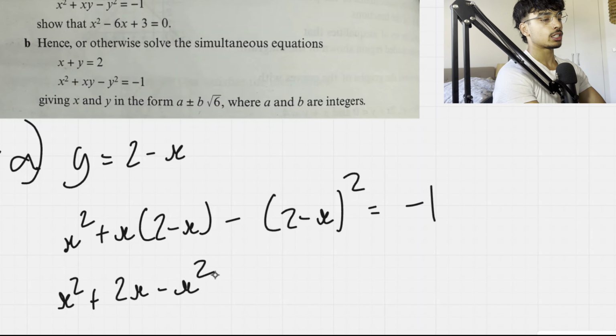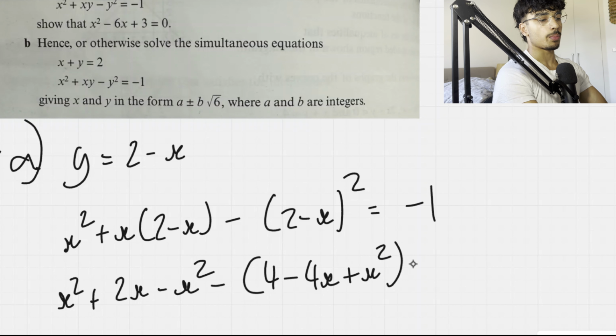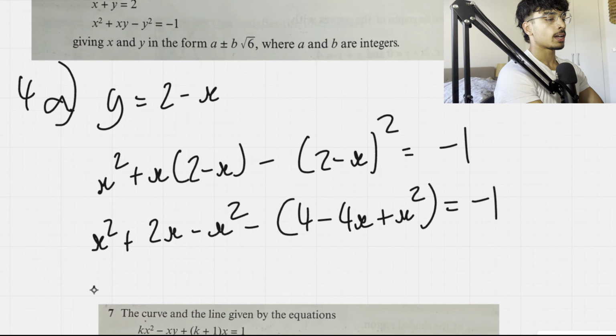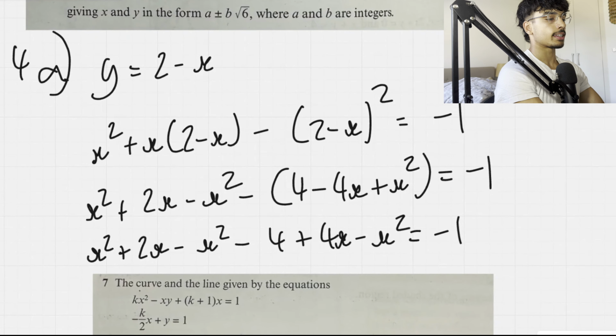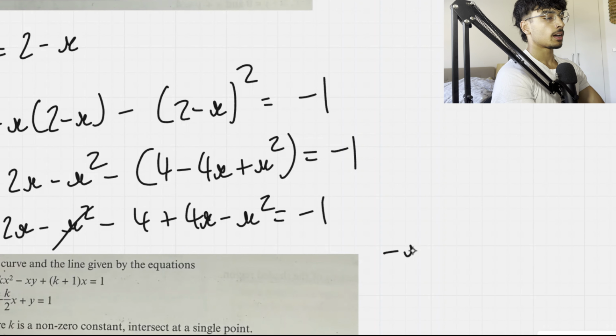Okay, then essentially we do minus brackets 4 minus 4x plus x squared is equal to negative 1. Okay, now we've expanded it and we've put it inside the brackets. So that's equal to x squared plus 2x minus x squared minus 4 plus 4x minus x squared is equal to negative 1. Okay, now the x squareds cancel out, so we essentially get minus x squared plus 6x,